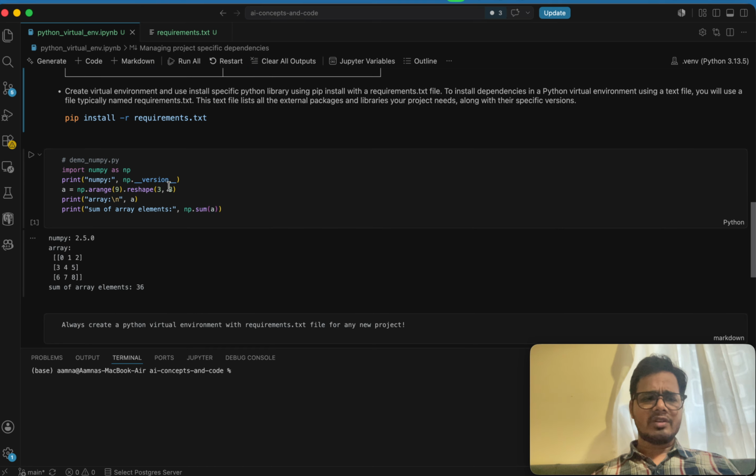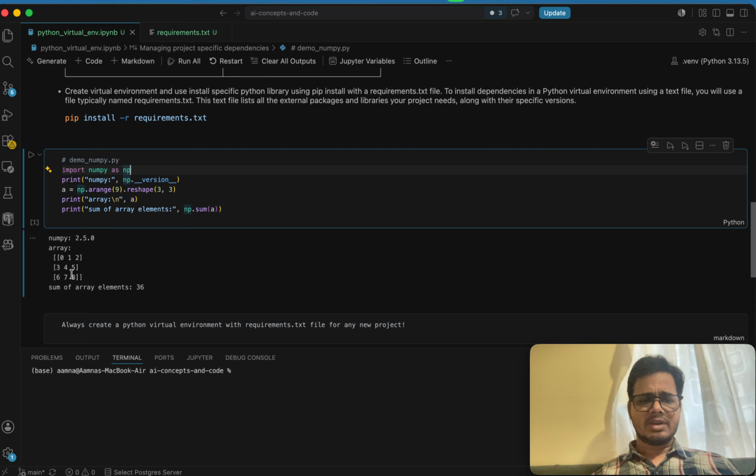So it's just a kind of demo here. I have imported a NumPy package, and here I am printing the sum of the array. I'm creating a matrix of 3 by 3, and I'm creating an array. To do that, what I have to do, next, I forgot to tell, is you have to first, in this environment, what you have to do is